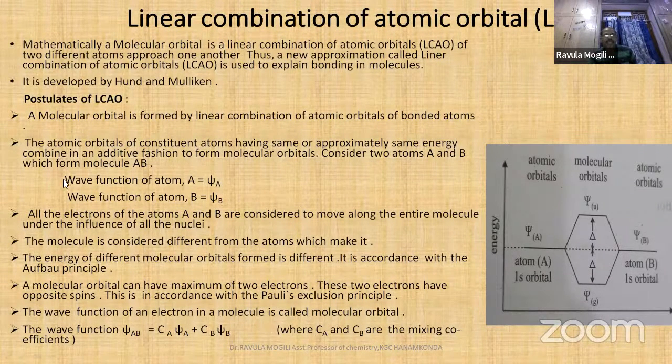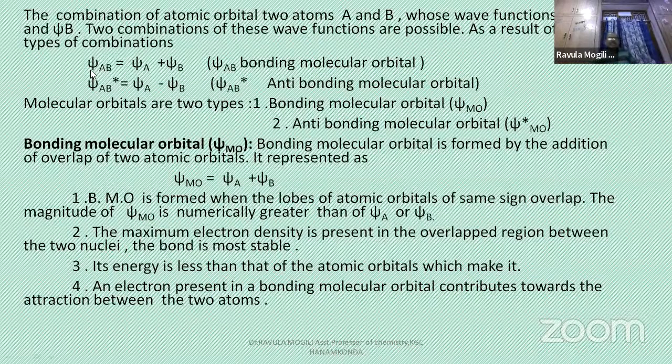If A and B both are atoms, the wave function of atom A is psi A, and the wave function of atom B is psi B. If we take the wave function psi AB equal to CA psi A plus CB psi B, here CA and CB are mixing coefficient values. So when we take the combination of atomic orbitals of two atoms A and B, whose wave functions are psi A and psi B,